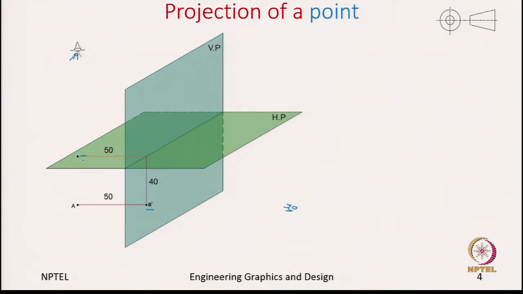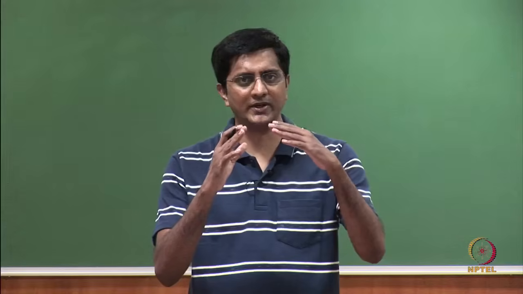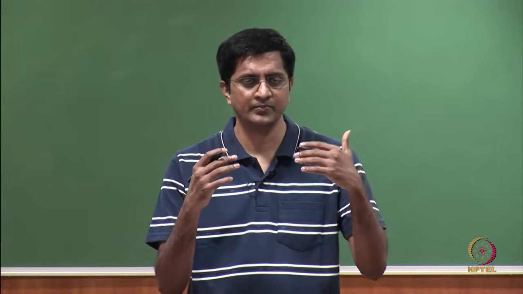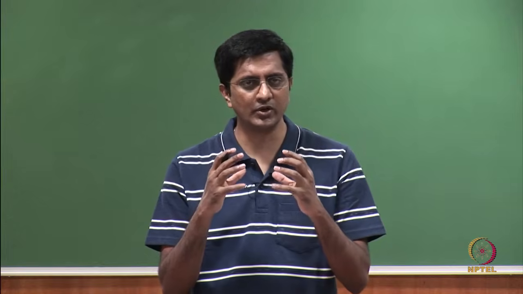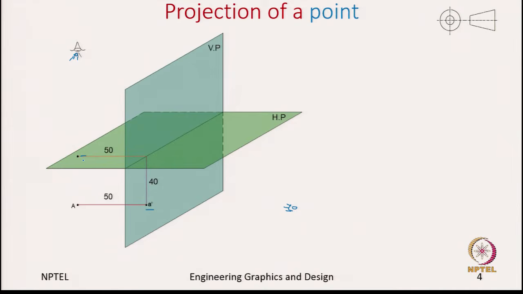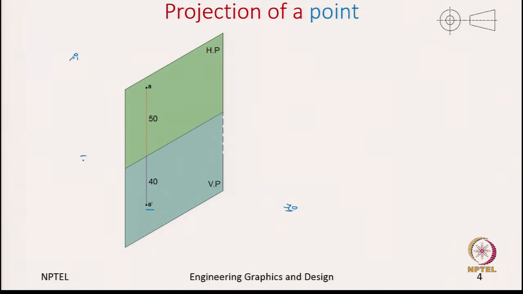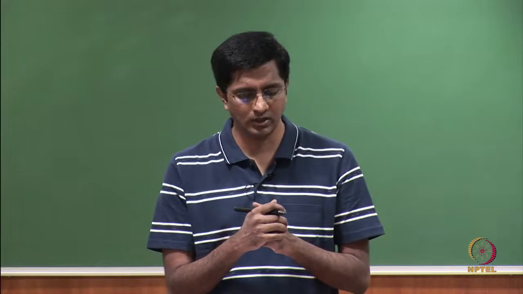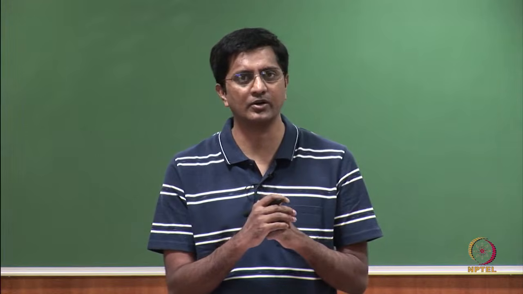Okay. So, again we notice that the front view and the top view are in two perpendicular planes. We need to bring them into a single plane. So, we do not disturb the front view because it is the primary view, but the top view we rotate such that both the top and front view are in the same plane. So, now let us rotate the horizontal plane again 90 degrees in the clockwise direction. After rotation we now notice all of them are in a single plane. So, what we have seen till now is the pictorial representation of how we captured the front and top views,